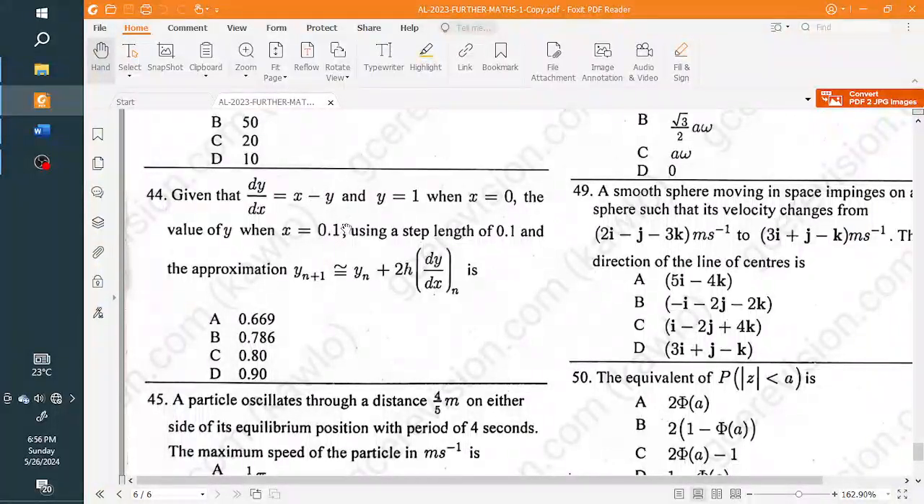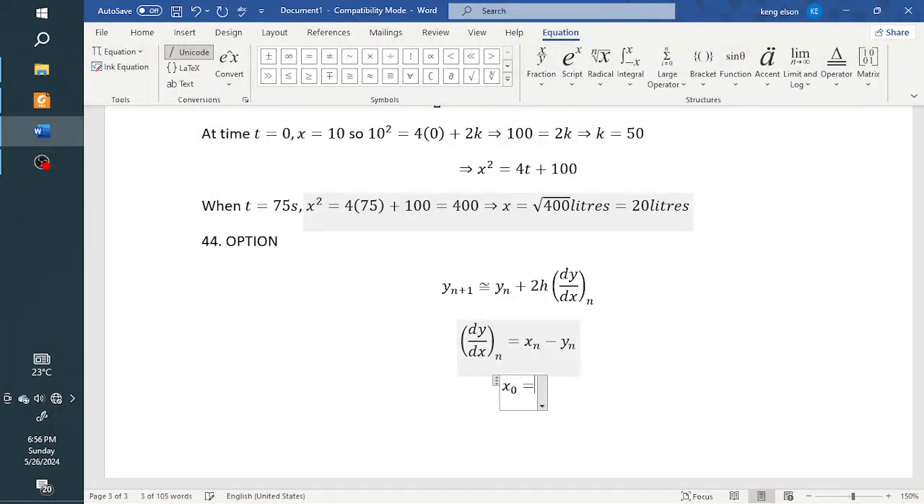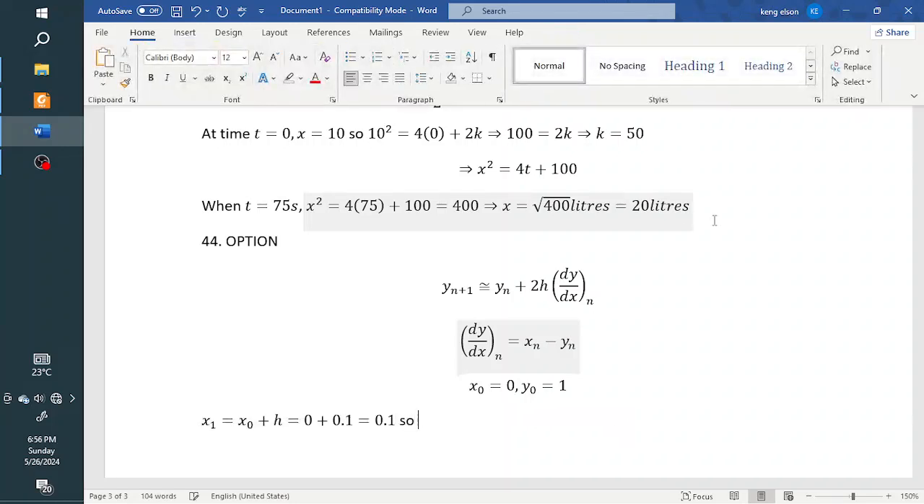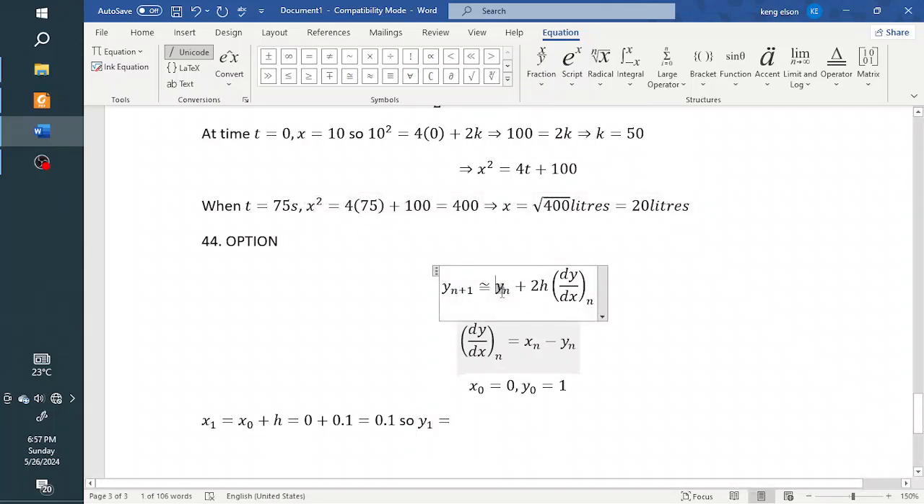Now we have that x0 is 0, y0 is 1. Now x1 is equal to x0 plus h, which is 0 plus 0.1, which is 0.1. So what will y1 be equal to? y1 is gotten by replacing n with 0 in this approximation. So y1 will be approximately equal to